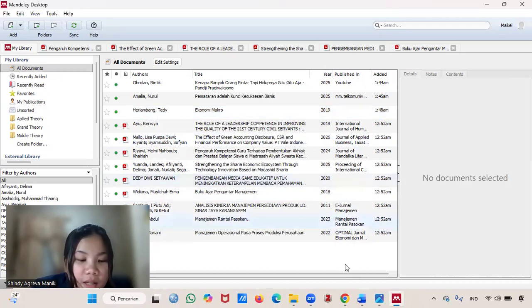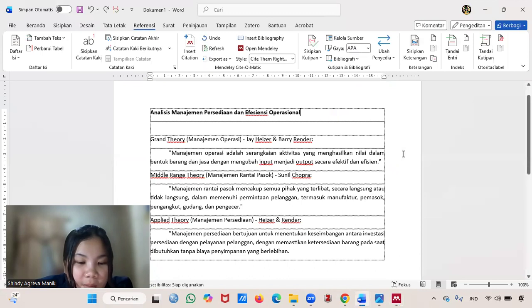Next, I will demonstrate how to cite the different levels of theory for operations management. I have already prepared the quotes on the screen. Let's connect them with Mendeley. In this paragraph, we have my grand theory.